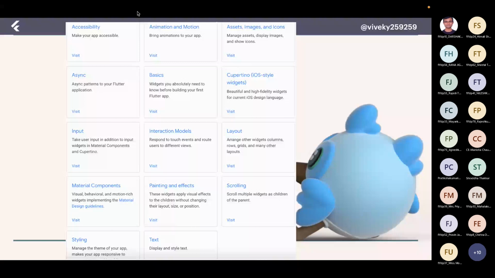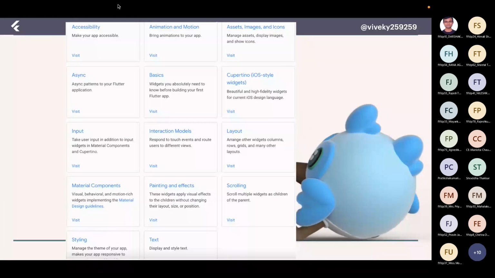This is an indefinite set of widgets which we have. The first set is the widgets which are provided by Flutter itself, and another set is from the user. For example, I am a user of Flutter, so I can create my own widget as well. So there is no limit for widgets in our application or in our Flutter SDK.